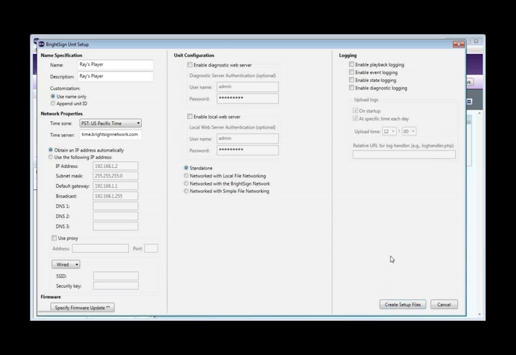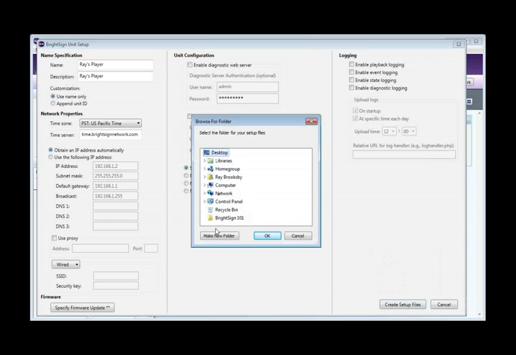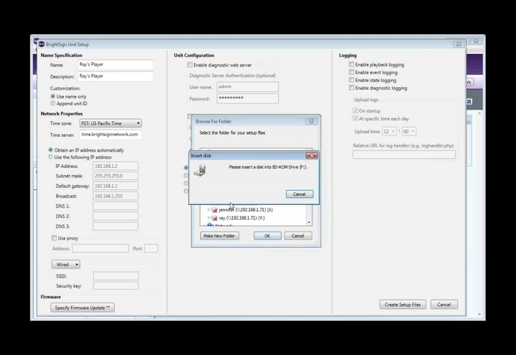Standalone means you're not updating your player over the network. You'll only update your player by bringing new memory cards to it. So with this configuration ready to go, I choose Create Setup Files. I perhaps make a folder on my desk where these files will go. Or I could simply choose to browse directly on my machine to the drive that is my SD card. I don't have an SD card on my machine, but if I did, it would show here. I could simply select that SD card